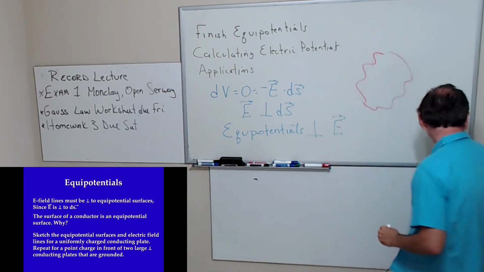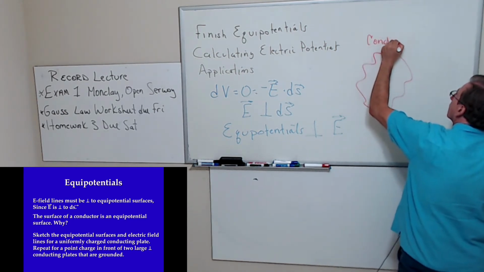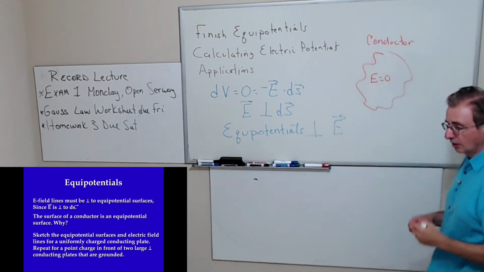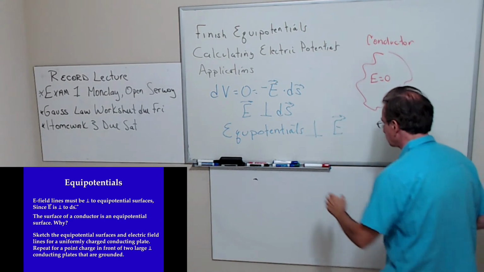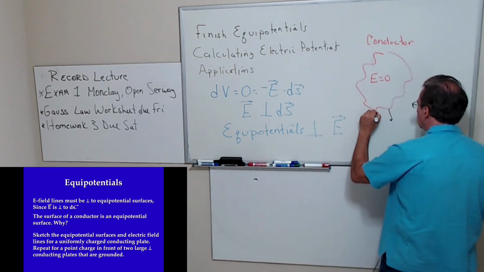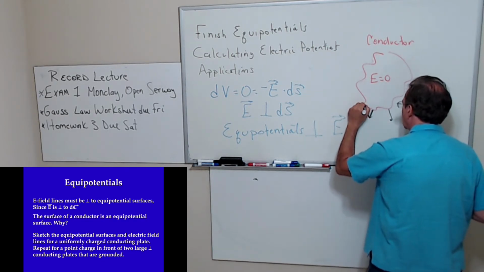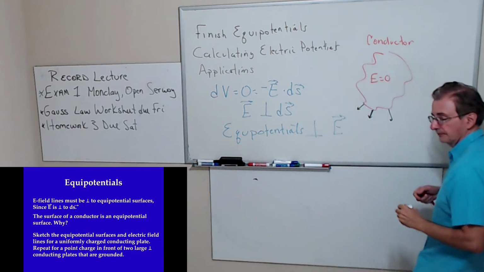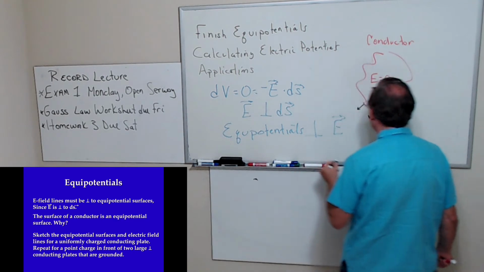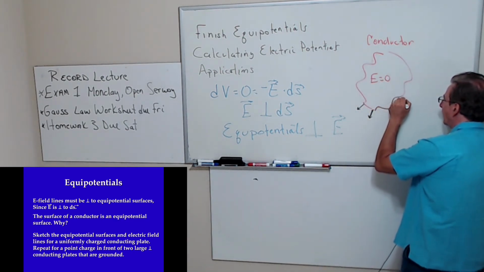Suppose I have a conductor. This is a conductor. And you know that the electric field inside is 0. You also know that the electric field is perpendicular to the surface. Well, if dV is 0 when E is perpendicular to ds, then the surface itself has to be a surface